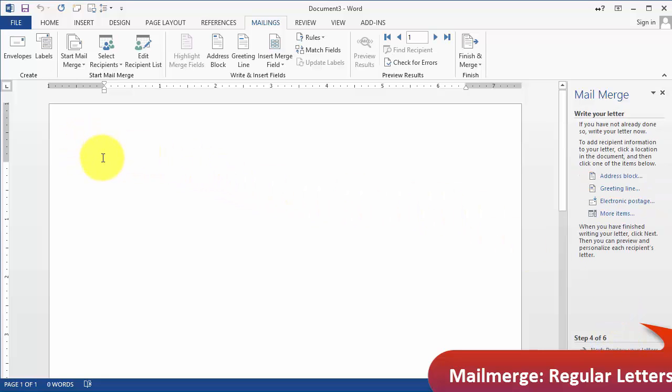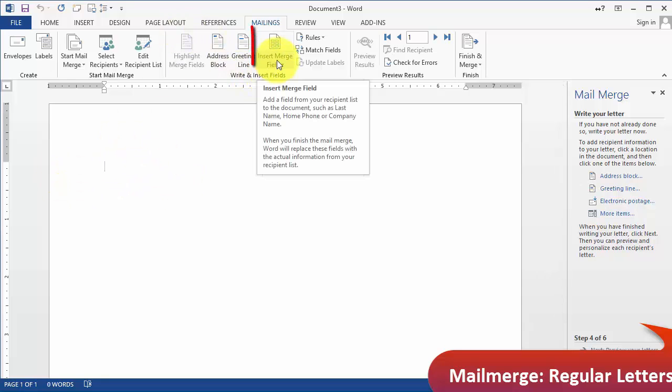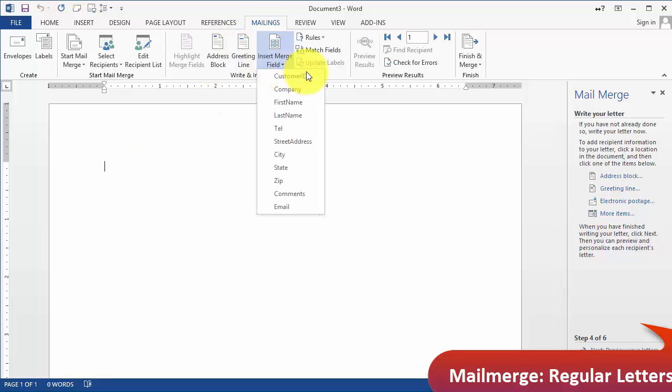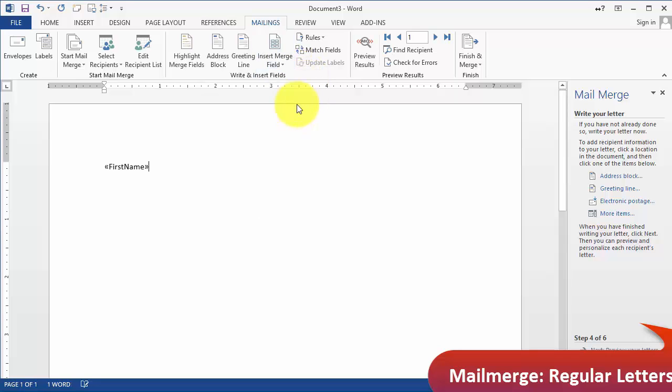Now, in the letter, we could either use the address block, a pre-formatted one, or we'll do it manually. I prefer to do this stuff manually so that we can understand it better. So we click on Insert Field. We go here under, let's say we want to do the date first. Well, we can do the date if we wanted to. But then we click on Insert Field and then put first name,